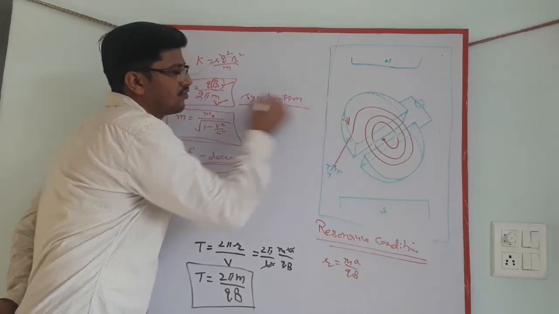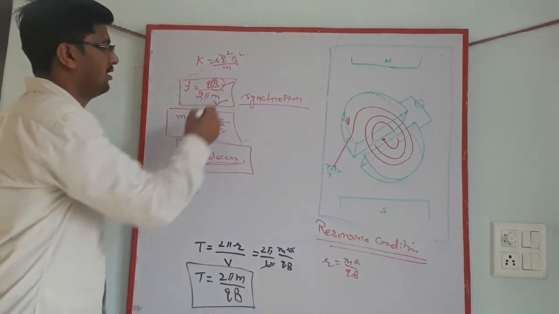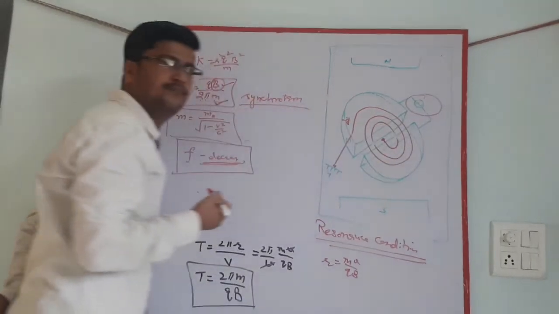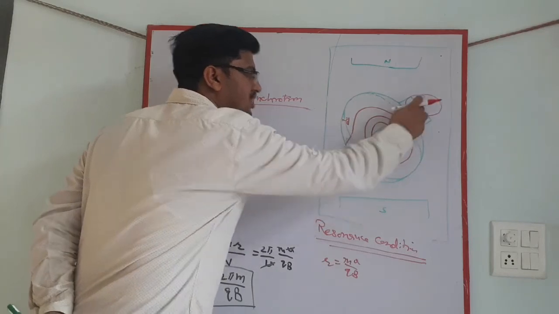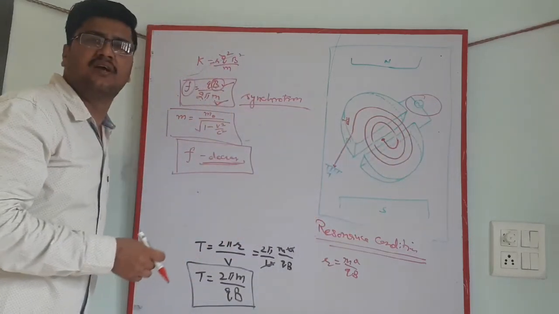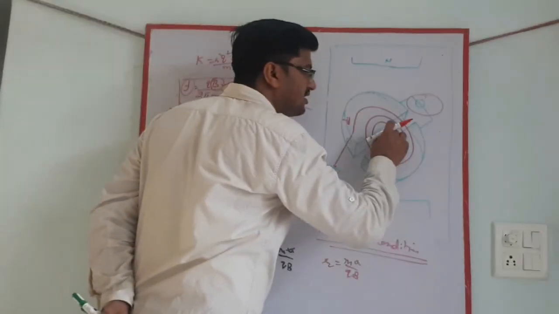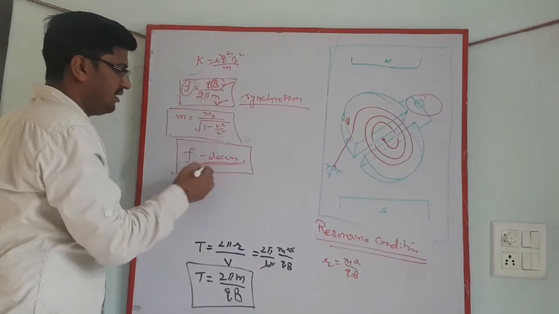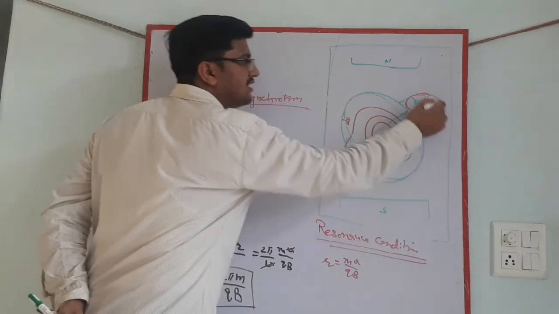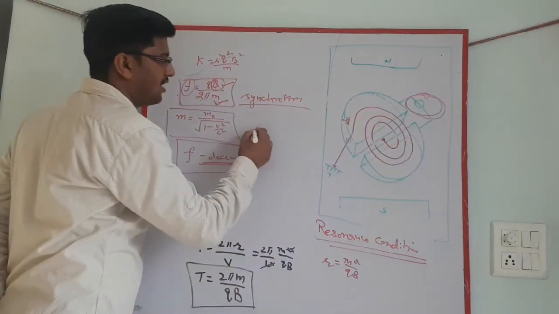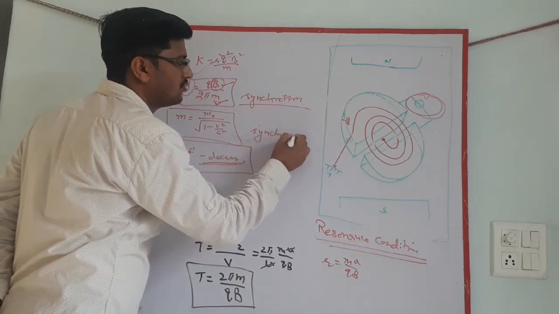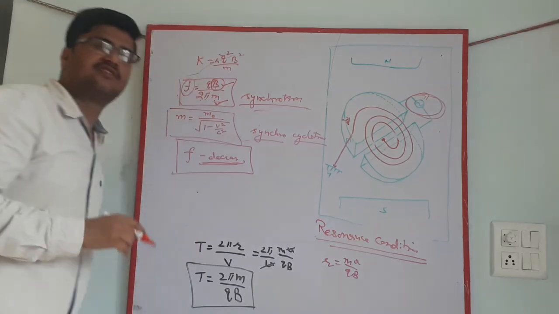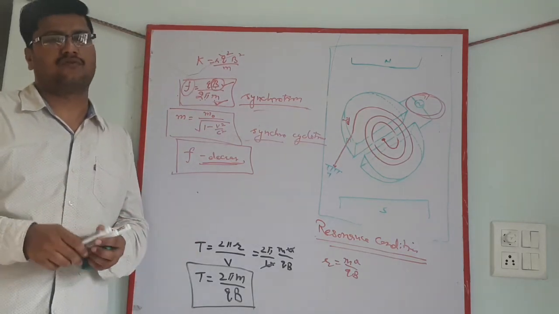Synchrotron. And second way, as f decreases, decrease the frequency of the oscillator also, so that they both remain equal and in the resonance condition, and every time the charged particle reaches the gap the polarity changes. So second is by decreasing the frequency of the oscillator. Such a cyclotron is known as synchrocyclotron. So dear friends, this was all about the cyclotron. Thank you.